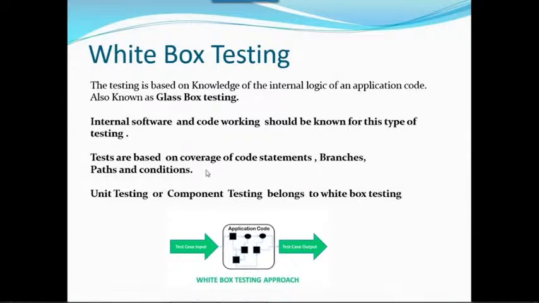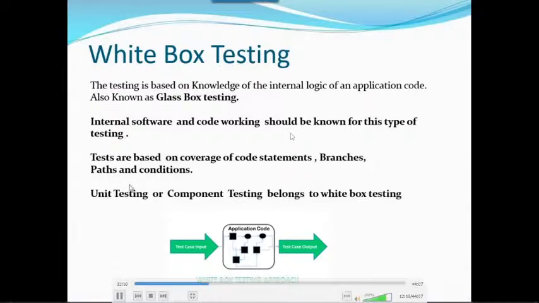The test is based on the coverage of code statements, branches, paths and conditions. The developer always tests all these things: whether the code statements are working correctly, branches are working correctly, paths are working correctly, and if conditions are working correctly. So generally we call this white box testing, or unit testing. Whenever the development is done, right,